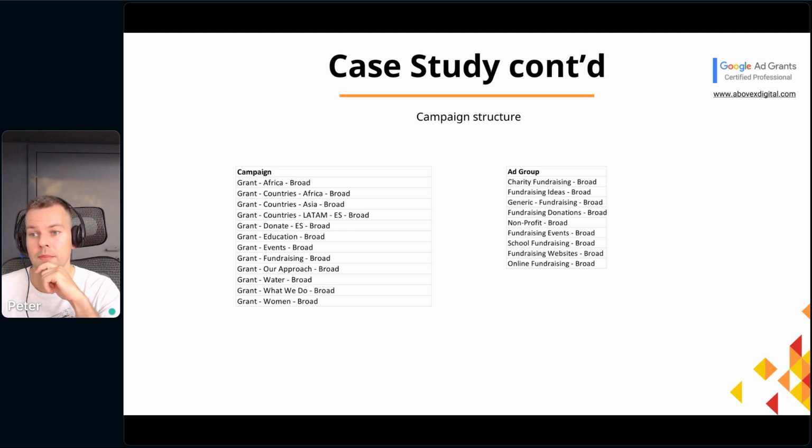And then in the donation campaign, we created these ad groups. An ad group is a group of themed or tightly related keywords, right? So we went after keywords related to charity fundraising, generic fundraising, donations, support nonprofits, fundraising events, and different types of fundraising, etc. So we try to be present out there, and we try to use really as many keywords related to fundraising, donations, etc. as possible. Because it's a grant account, again, we can experiment, we can test many different keywords. We're not risking much, so we go very broad in terms of targeting the grant account.